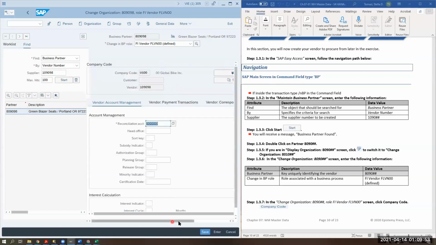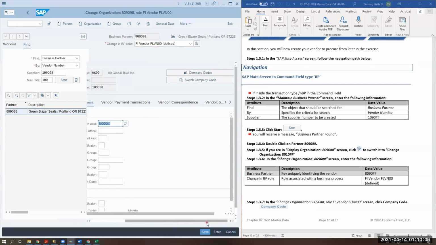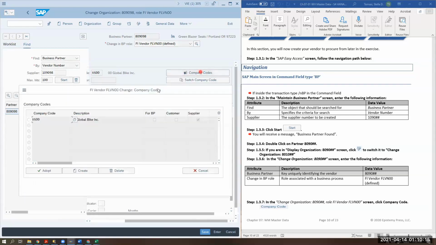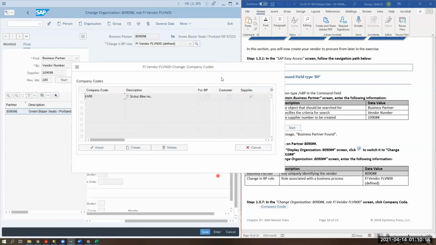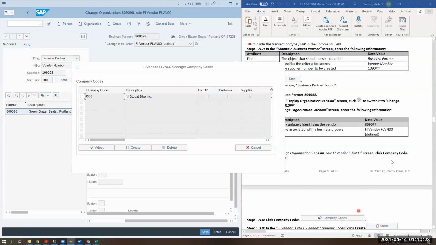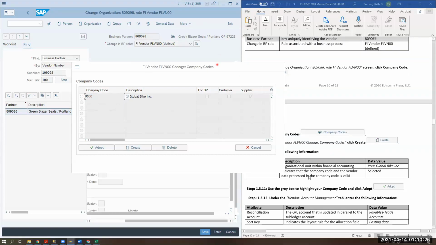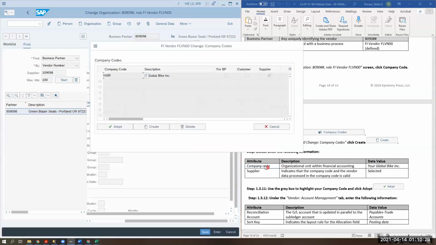And so you guys should remember this. This is something that we've done. And you should have a couple of scroll bars that allow you to roll around. But right now it's set up for US01. You can see it's grayed out. So we're not going to be able to change that, but we have to change it. So what we're going to do is go into company codes right here. And the pop-up will show up like this, and you only have it for US00. So we're going to create one for our company code. We're going to click on that create button here,